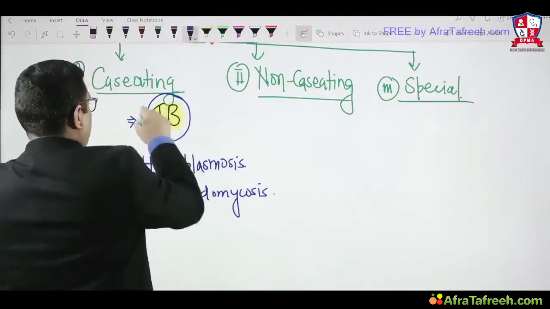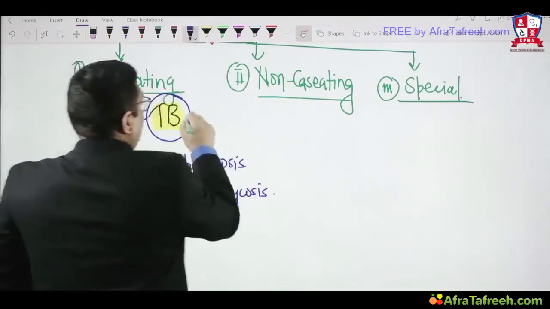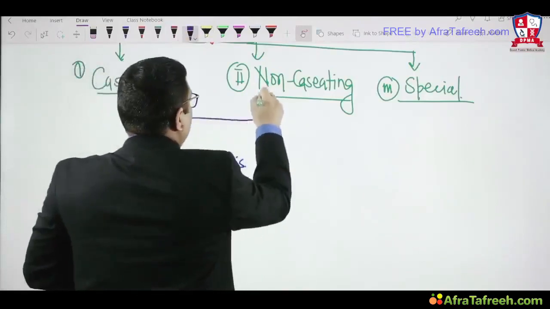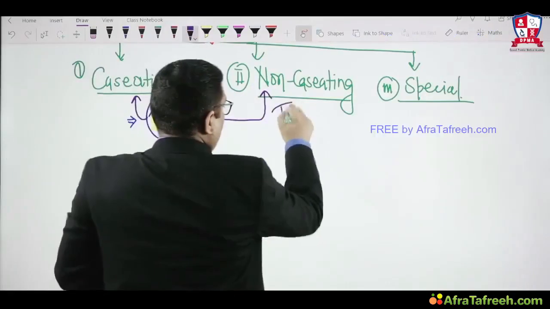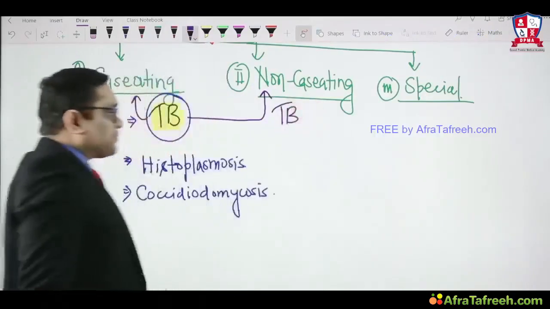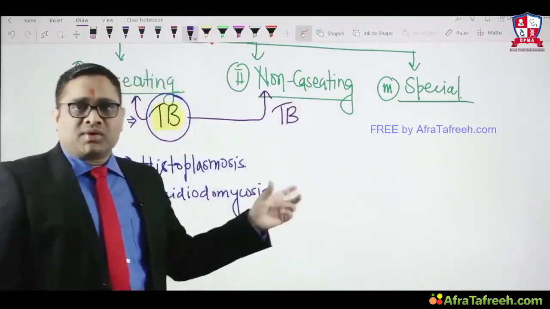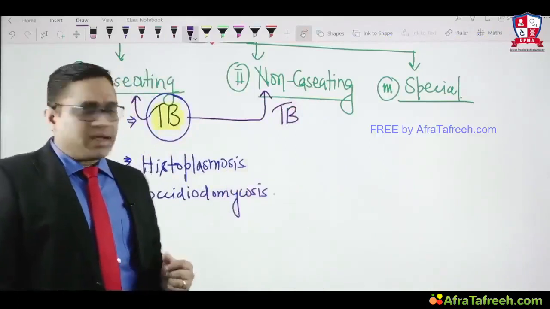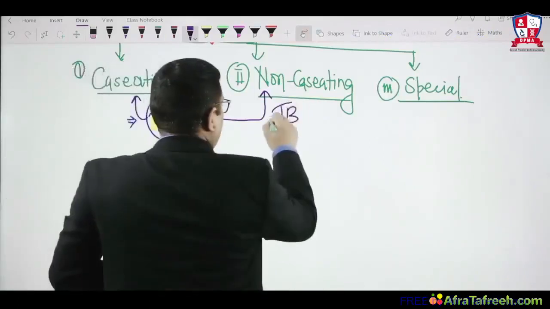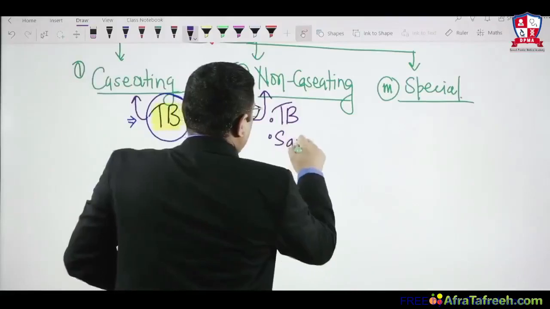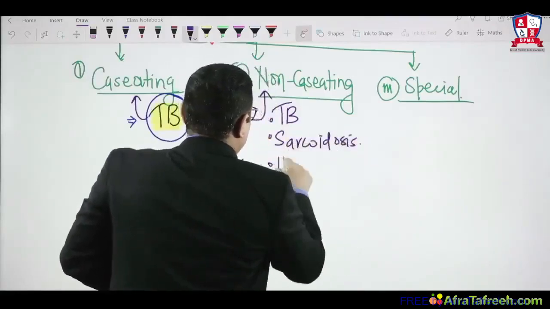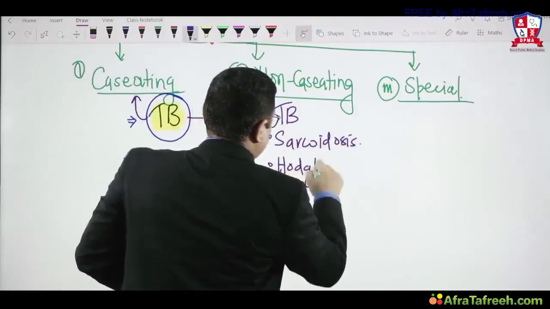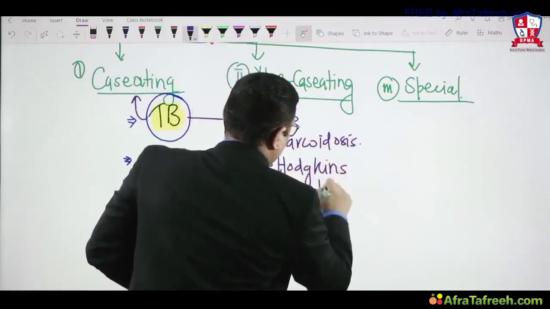Okay, what is TB? TB shows caseating granulomas, but here we must remember that we can also see non-caseating granulomas in TB. That was an older question in the All India exam. So non-caseating granulomas can be seen in TB, in sarcoidosis, and in Hodgkin's lymphoma, an older All India question,